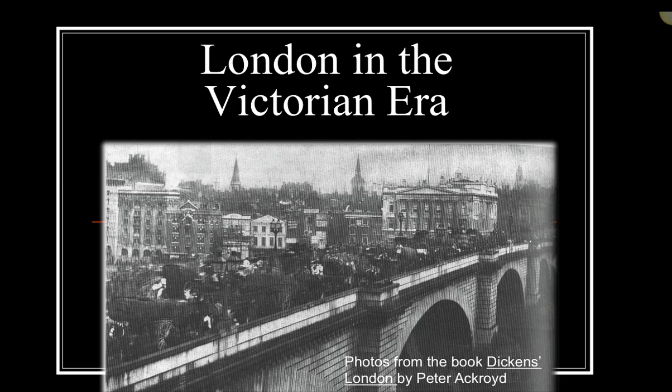So the title of this PowerPoint is London in the Victorian Era, and these are all photographs from the book called Dickens' London by Peter Ackroyd, who's a really famous historian and biographer of Charles Dickens and writer about the Victorian era. And all of these photos are actual photographs taken during the time that Charles Dickens was alive, and because photography was being developed during the Victorian era, we do get an actual historical picture, an actual